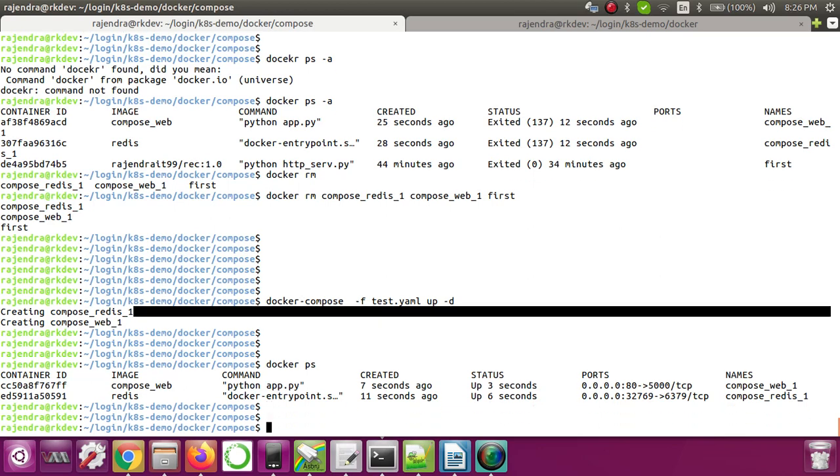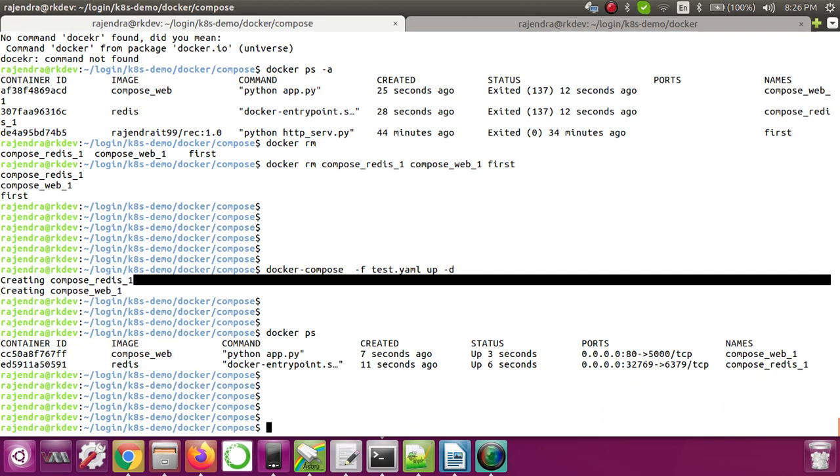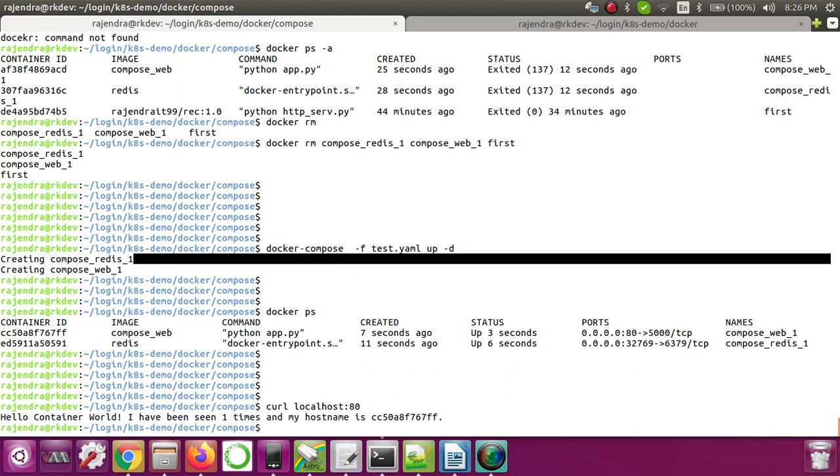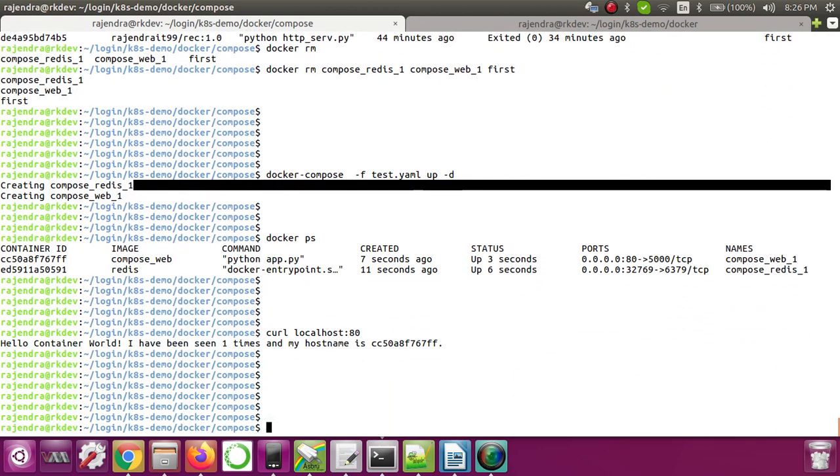Now how to access it? We know that the curl command is there: curl localhost, colon, and the port that we bound is 80. So here, the output that we got is "hello container world, I have seen 1 times."